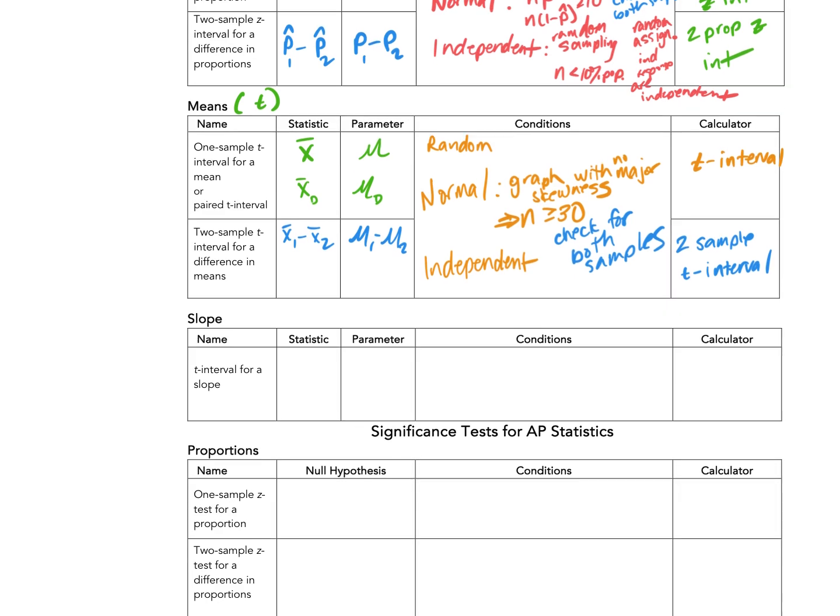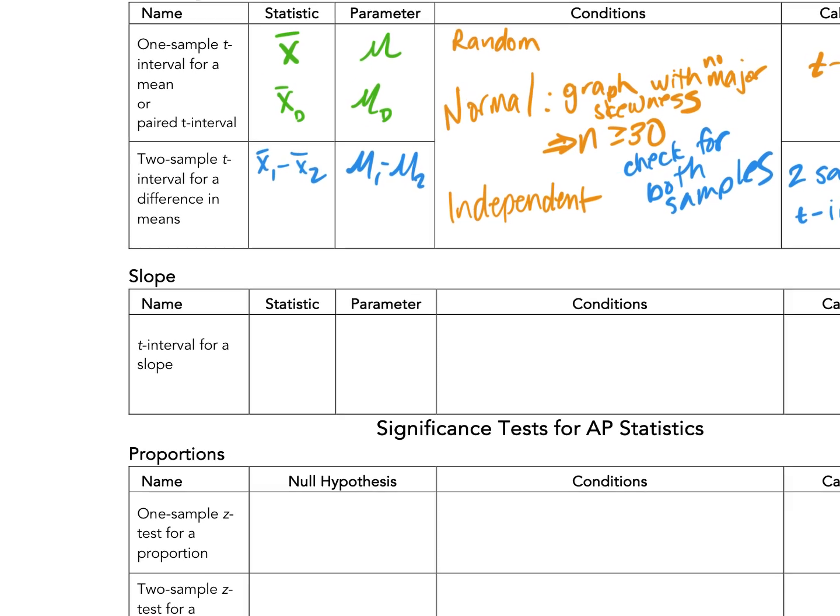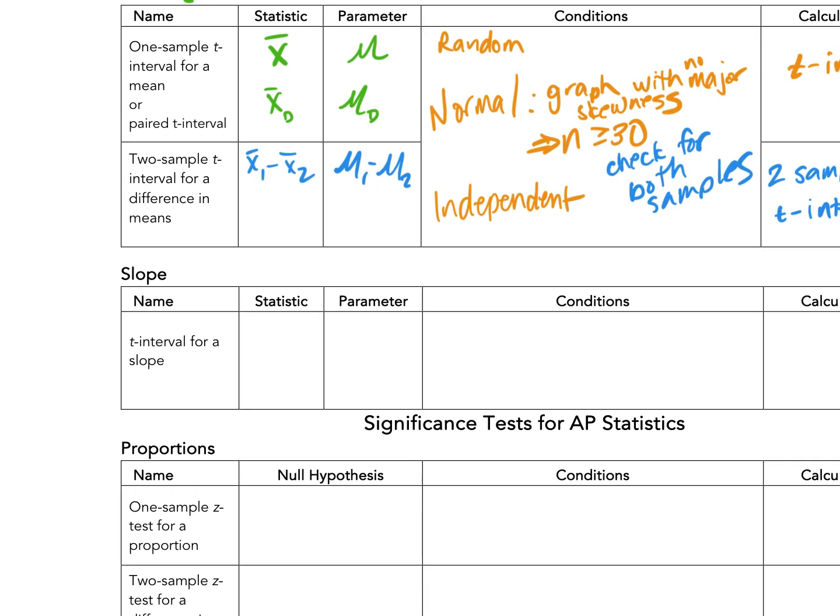Okay, the last confidence interval we have is we used b to estimate beta, the slope of the population line. And what was our type of test with that one? It would be a t-test or t-interval. And can you guys remind me what the conditions for the linear stuff was? It was linear was the